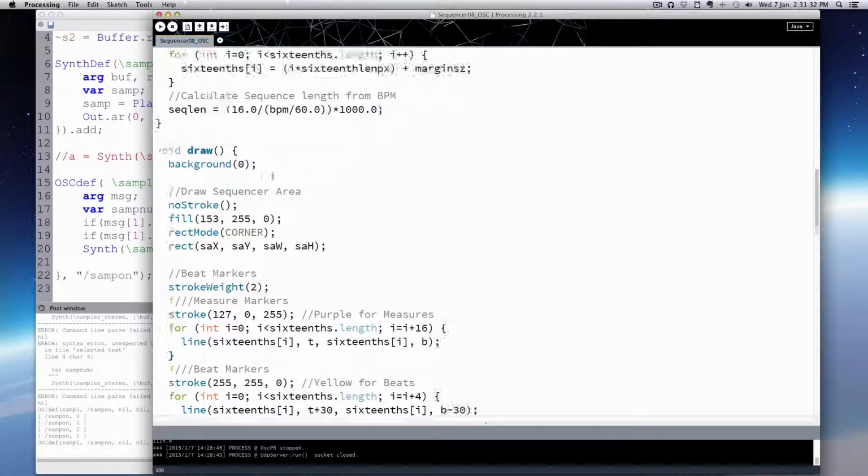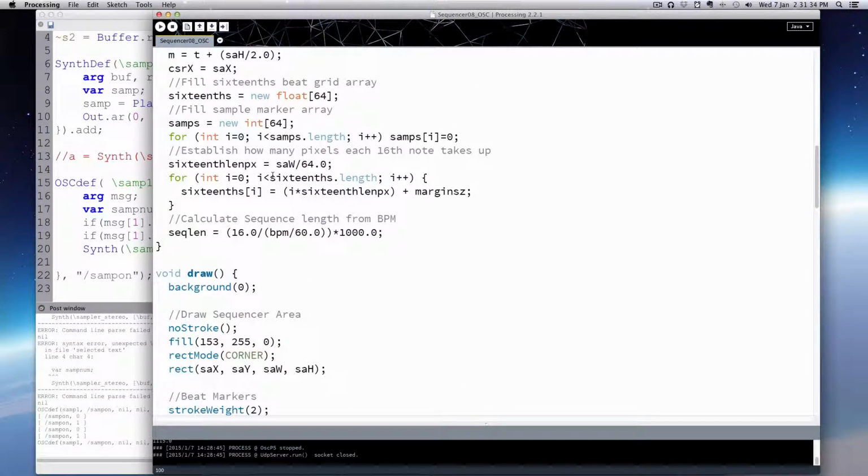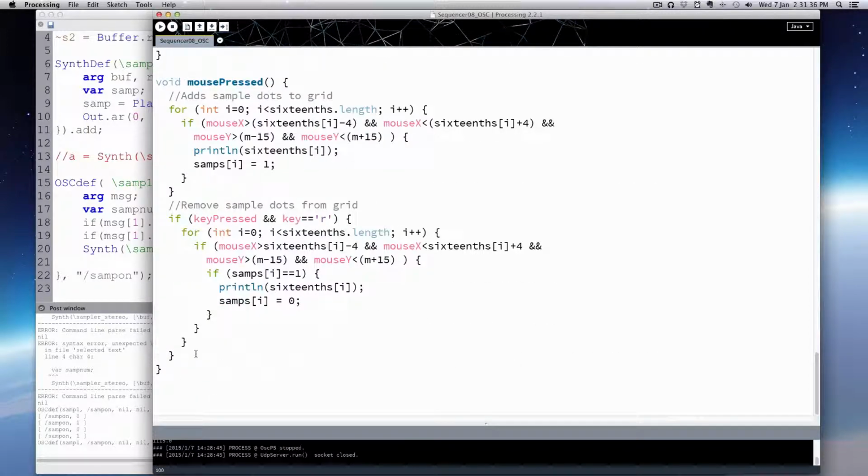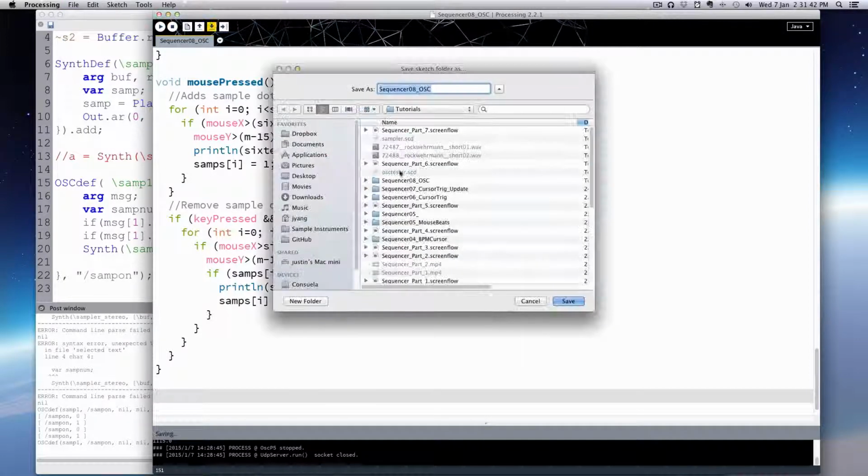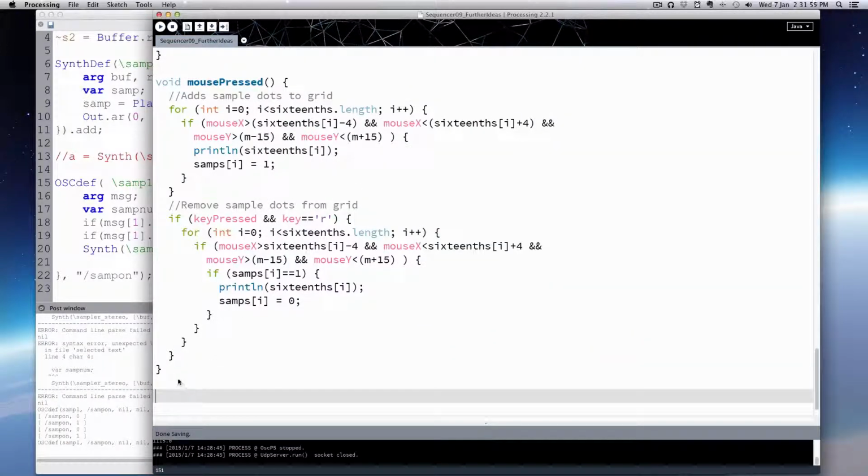If I wanted to sort of change the speed of the cursor, I could do that. So let's just use a key. I'm going to use another function here called keyPressed. Let's save this as sequencer 9 so we don't erase that. Save as sequencer 9. And we'll say further ideas. Okay, so if we use the function keyPressed,